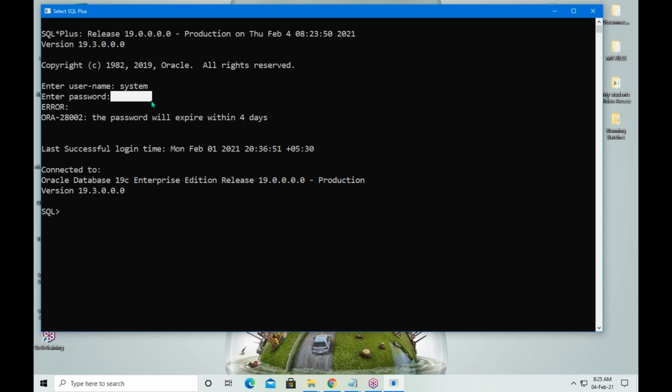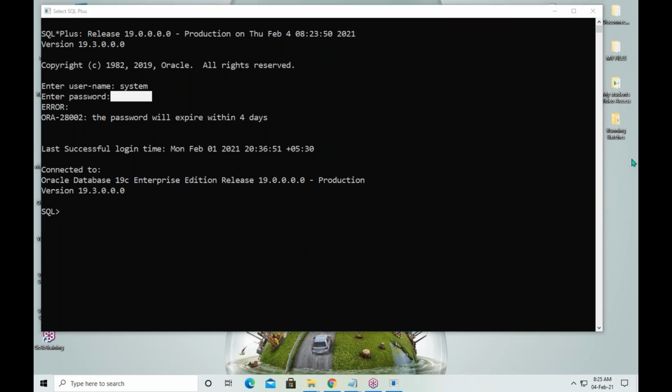Our next doubt is, sir, who will provide the username and password? In real time, usernames and passwords are given by the DBA in your company. If you joined a company as an Oracle developer, your DBA will provide the username and password.